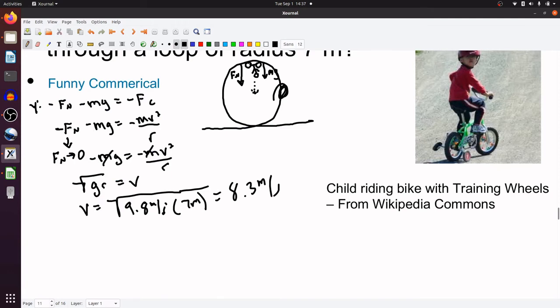As long as you maintain that speed, you will get through a loop. And this will work. If you can maintain a speed of around 20 miles an hour, you can loop a loop on a bike. You just got to keep pedaling. It's a lot easier said than done, but that's literally all you got to do. And so that's kind of a fun problem. There are other implications